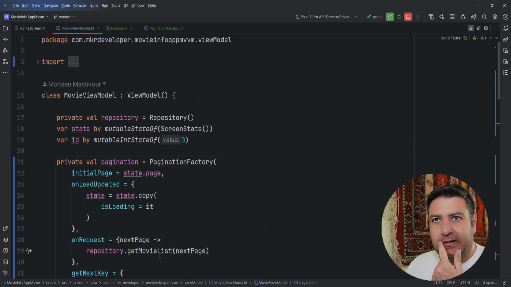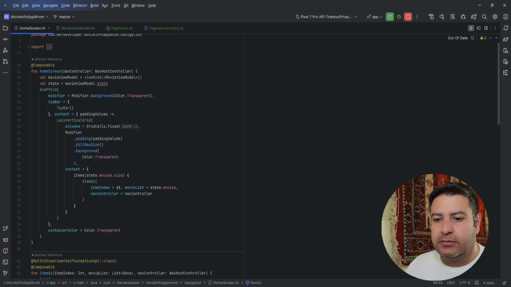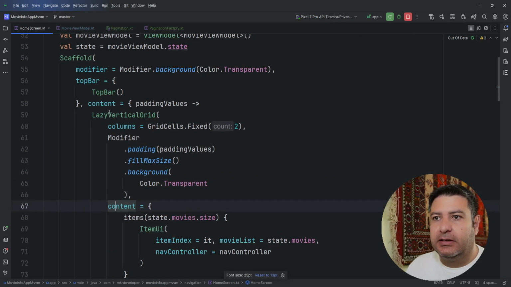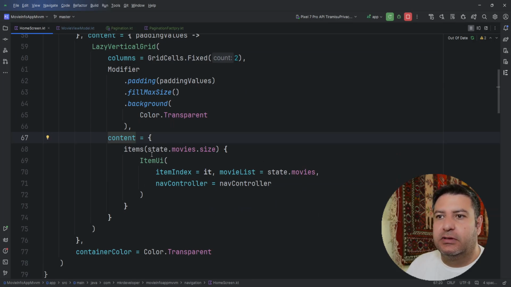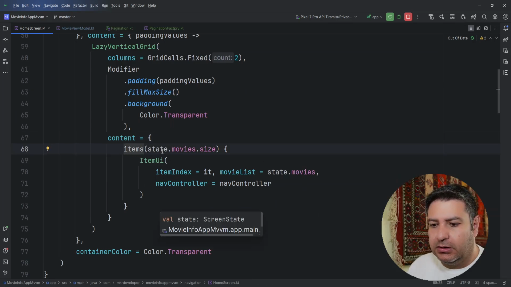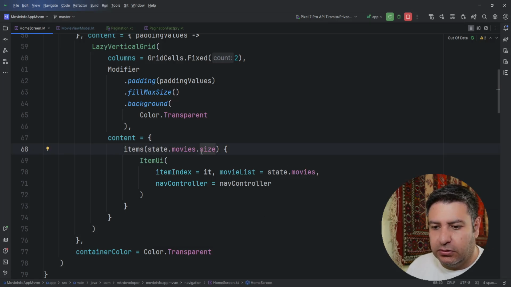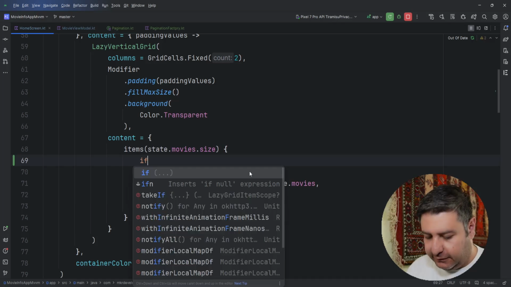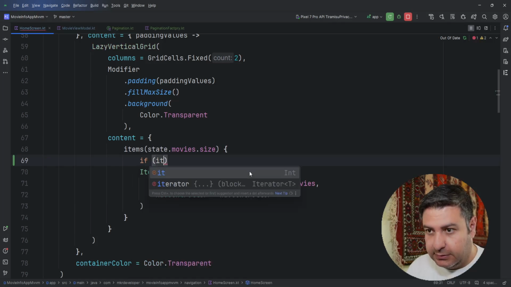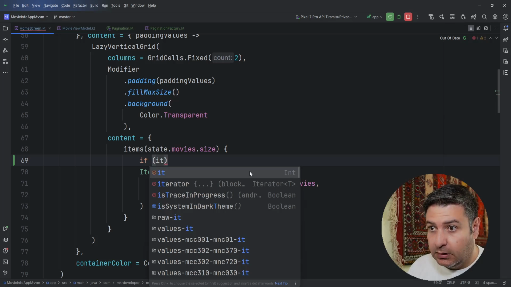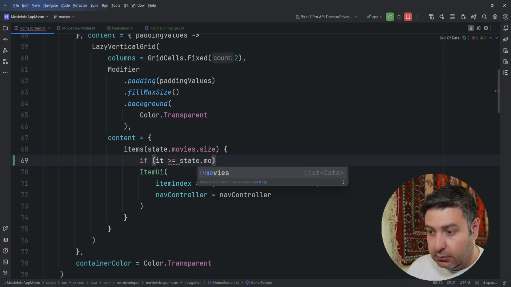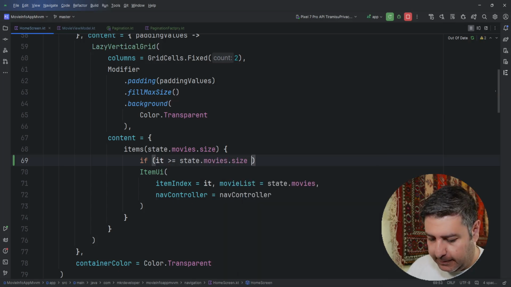Okay, let's go to the home screen, and we should do some changes in the home screen. Here we had a lazy vertical grid, and for the content of this lazy vertical grid we use this items block, and we pass the state.movies.size into it. Now, before going to the UI, we have to check if it, which is equal to the item index, is larger than state.movies.size minus 1,